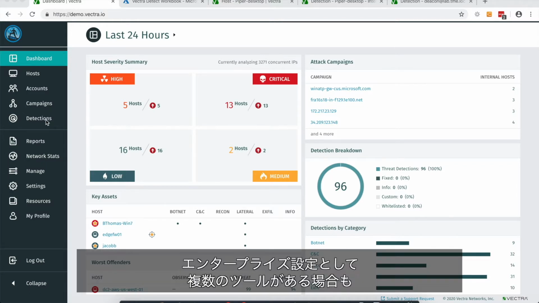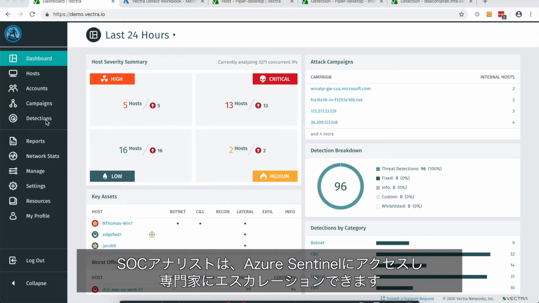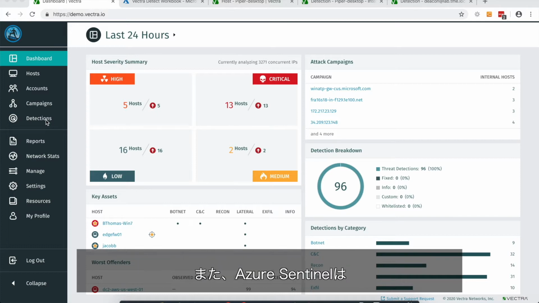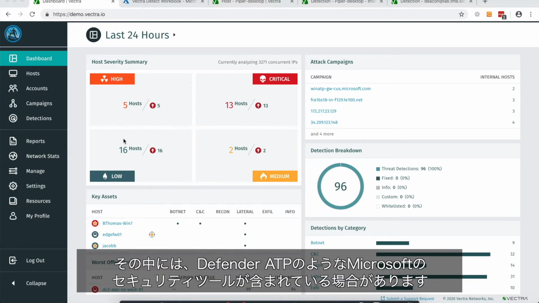In enterprise settings where there may be an ecosystem of tools, Azure Sentinel offers a single interface into multiple tools. SOC analysts would likely have access to Azure Sentinel and hand off escalations to experts. Also, Azure Sentinel allows a single interface for incident response across all these tools, which may include Microsoft security tools